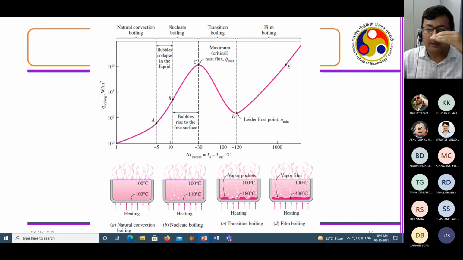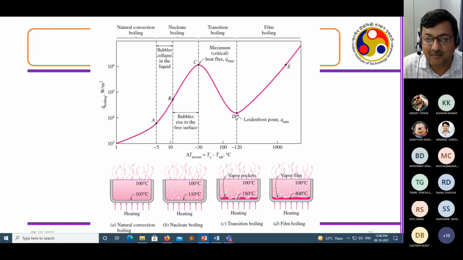So the heating source and the water have a blanket insulator in the form of air. So up to the point this film forms, there will be a reduction in the rate of heat transfer. But in this situation, the temperature difference is increasing. The heating of the surface is going up, whereas the water is not getting heated because of this blanket of air. So there will be radiative heat transfer. Since the temperature difference is very high, the radiative heat transfer will break this film, and you will start seeing these mushroom bubbles ejecting.